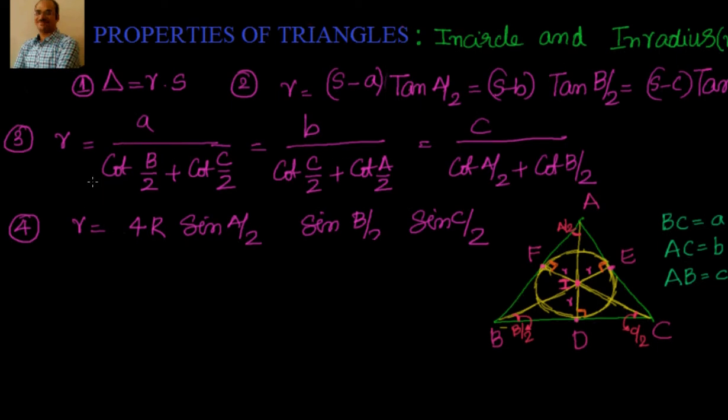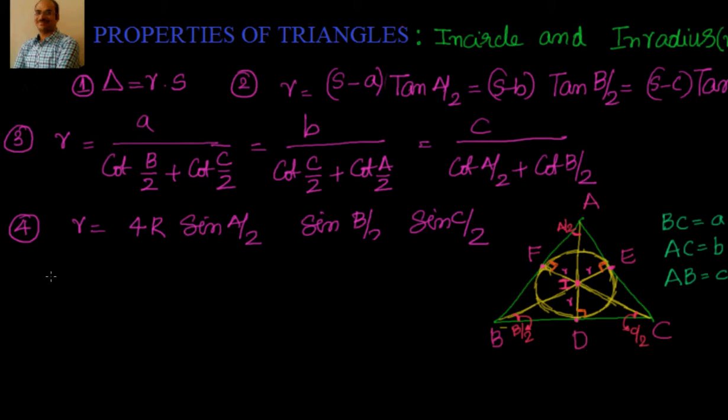Now, r I know, cot b by 2, cot c by 2 I can find out, but what is interesting to me is a. a is known to me, I can write a as BD plus DC. So what I will do now, I can do it two ways. One is I can straightforward go and say a equal to BD plus DC, and I can say BD equal to r cot B by 2 and DC equal to r cot C by 2. That's the easiest way I think.